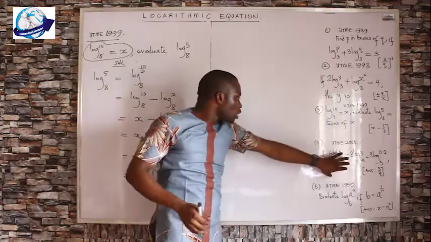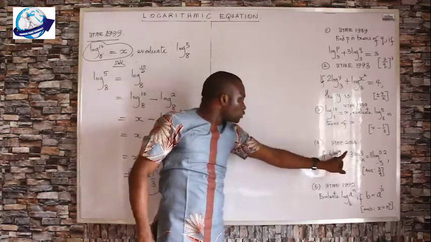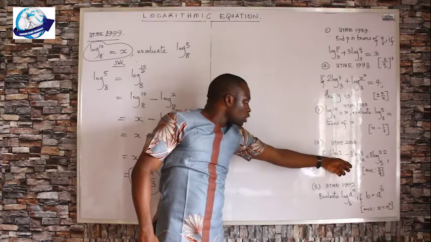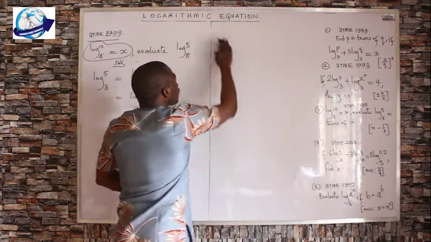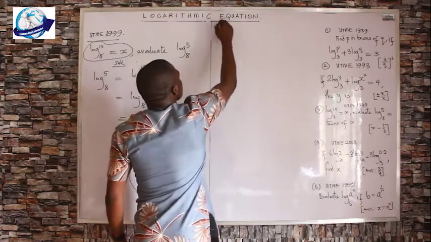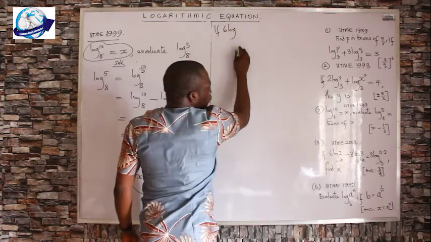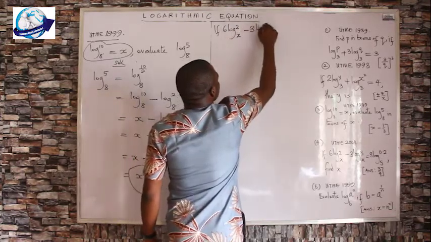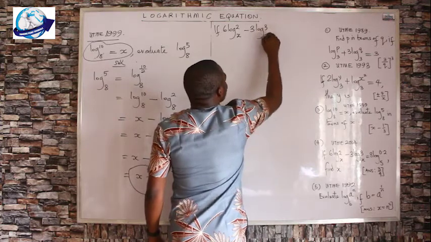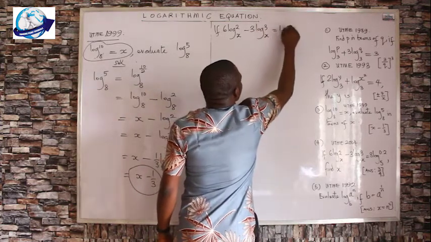Before me and before you on the board is UTM 2004. Here's the question. We have to express this to get 3/4. Quickly match it. So what do you say? We have 6 logarithm 2 base x minus 3 logarithm 3 base x is equal to logarithm